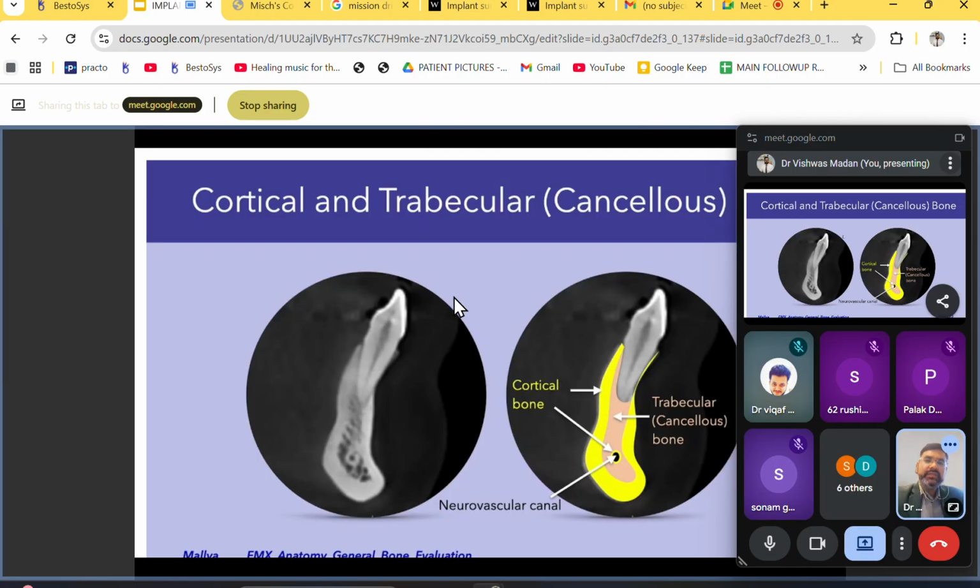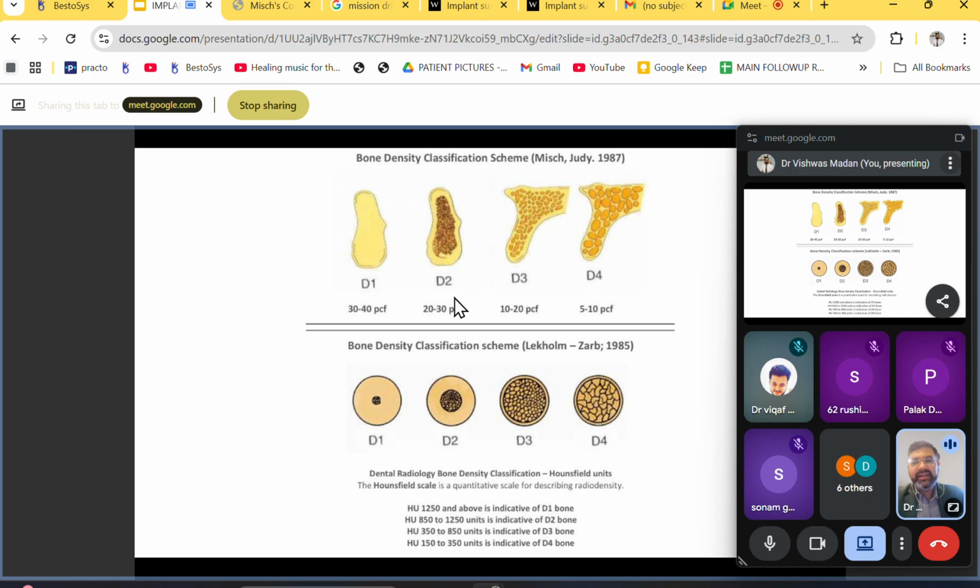All right. So for understanding and feeling everything of what I have said right now, in the first part of our hands-on, we have special models where all of you will actually drill and you will feel how drilling into D1, D2, D3, D4 feels. Because this is the most important part of our implant surgery. We are going to understand how to change the type of implant. We are also going to understand how to change the type of loading which we want to do, and we are going to change the type of drilling protocol based on the bone we feel when we dig into the